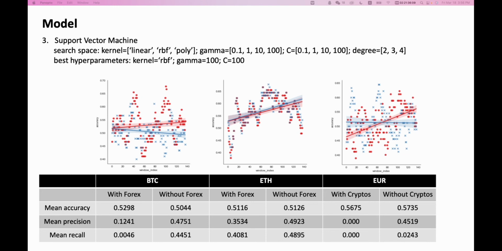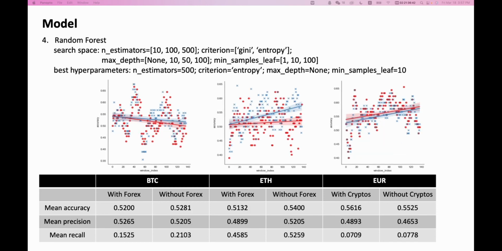The best hyperparameter set for it is RBF kernel, gamma equals 100 and C equals 100. In general, the performance of SVM model is better than logistic regression model. We can see an upward trend of the performance of the model with additional information from the other currency market. For example, the first plot for BTC, the upward trend of the red line indicates that the price information from the conventional currency market is providing the model with more and more useful information to predict the price change of